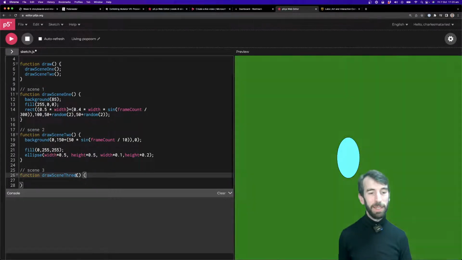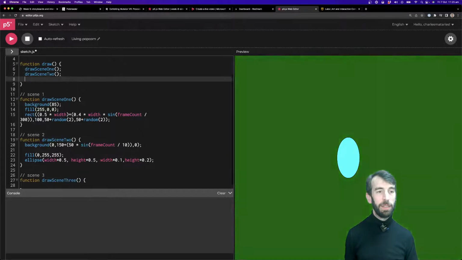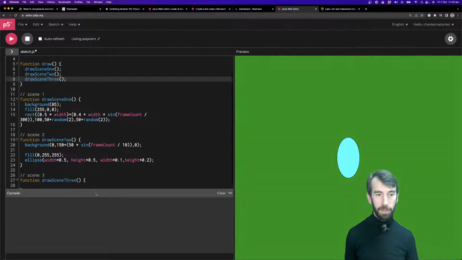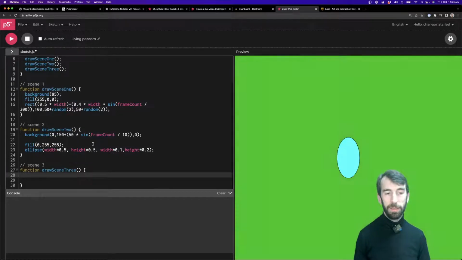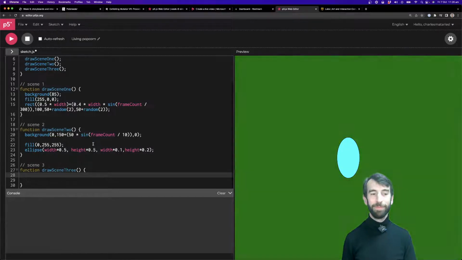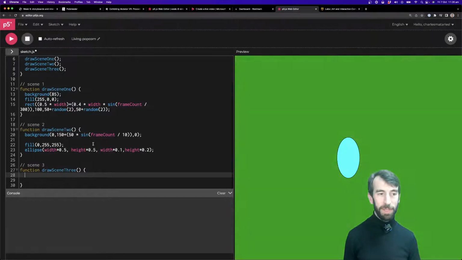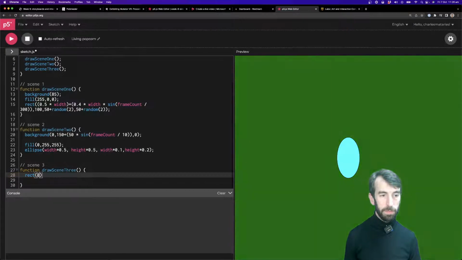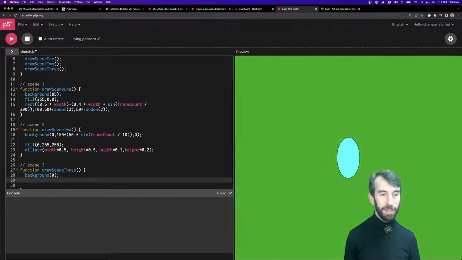And what's scene 3 going to be? Scene 3 is going to be, I think, like, what should scene 3 be? Some rects that change their height or something. Black background, and I mean this is really live sketching, isn't it? I'm just trying to, in a few seconds, imagine a